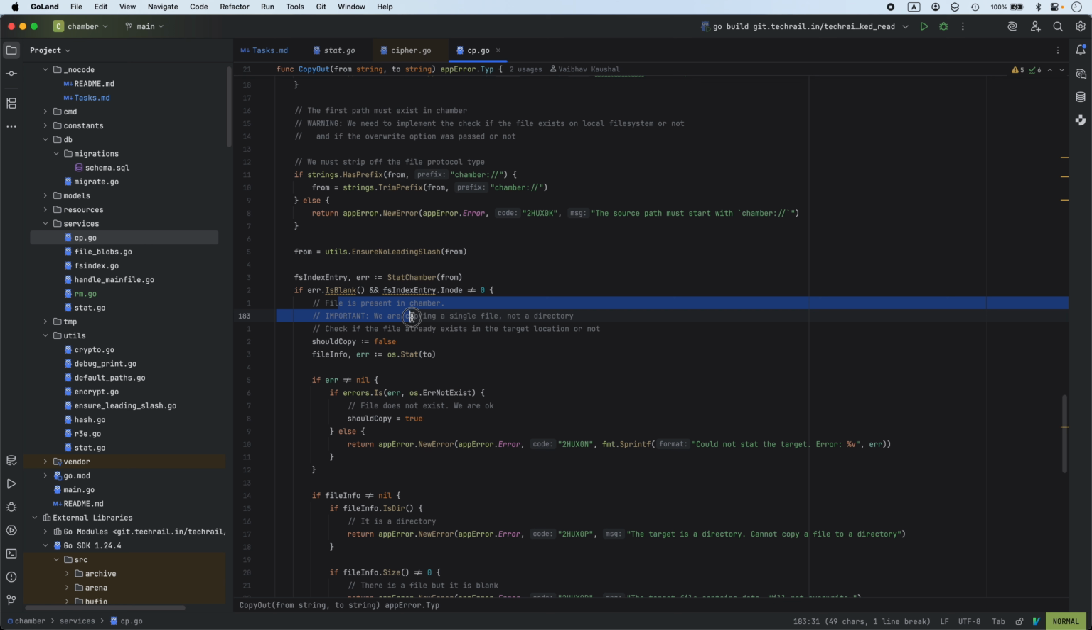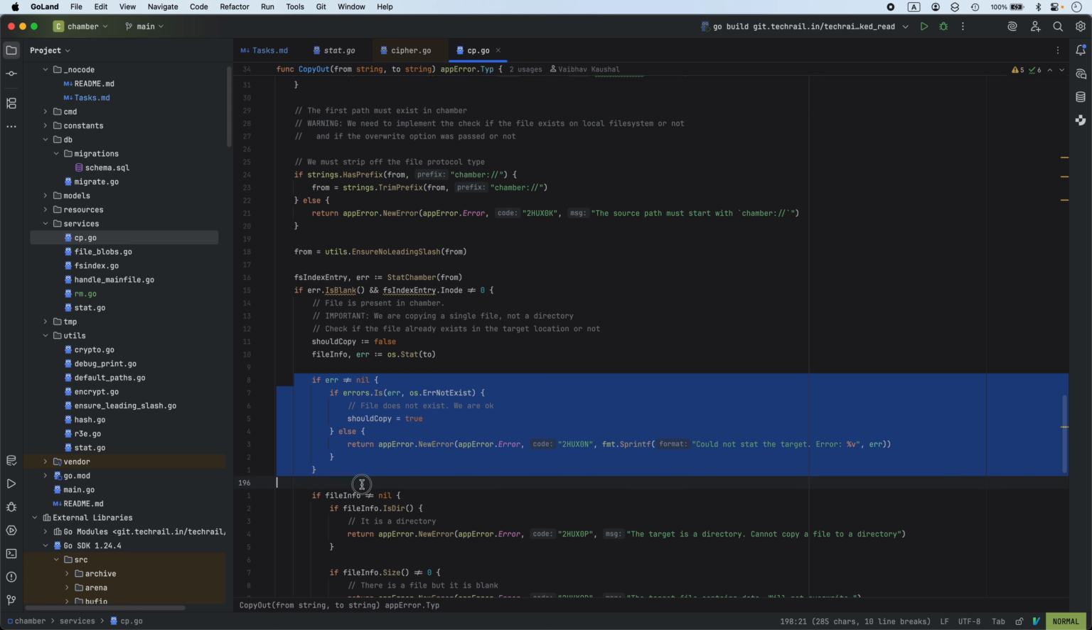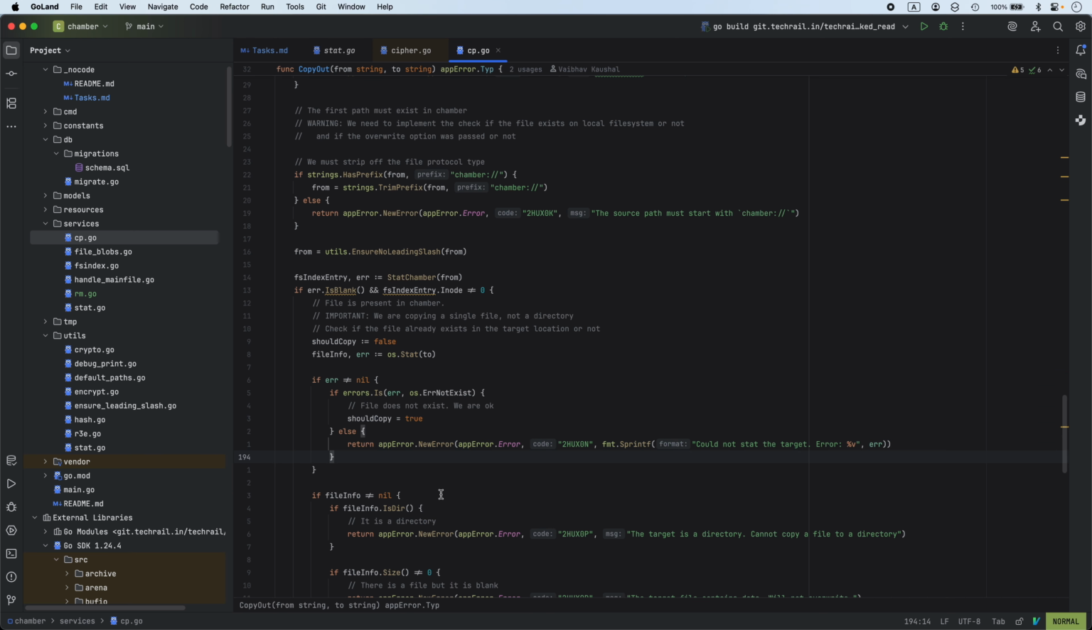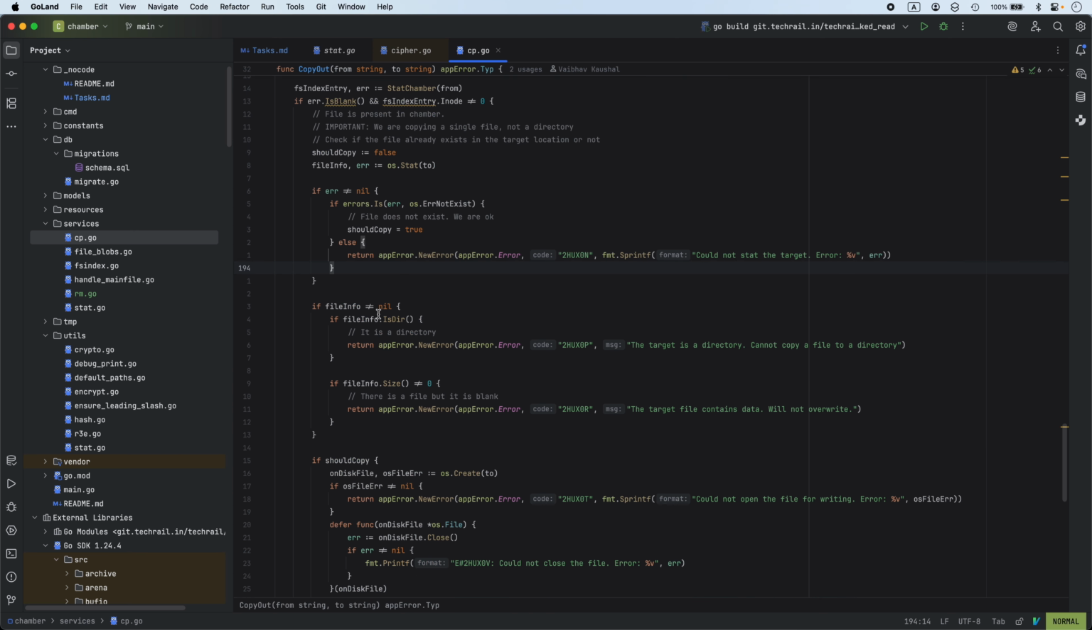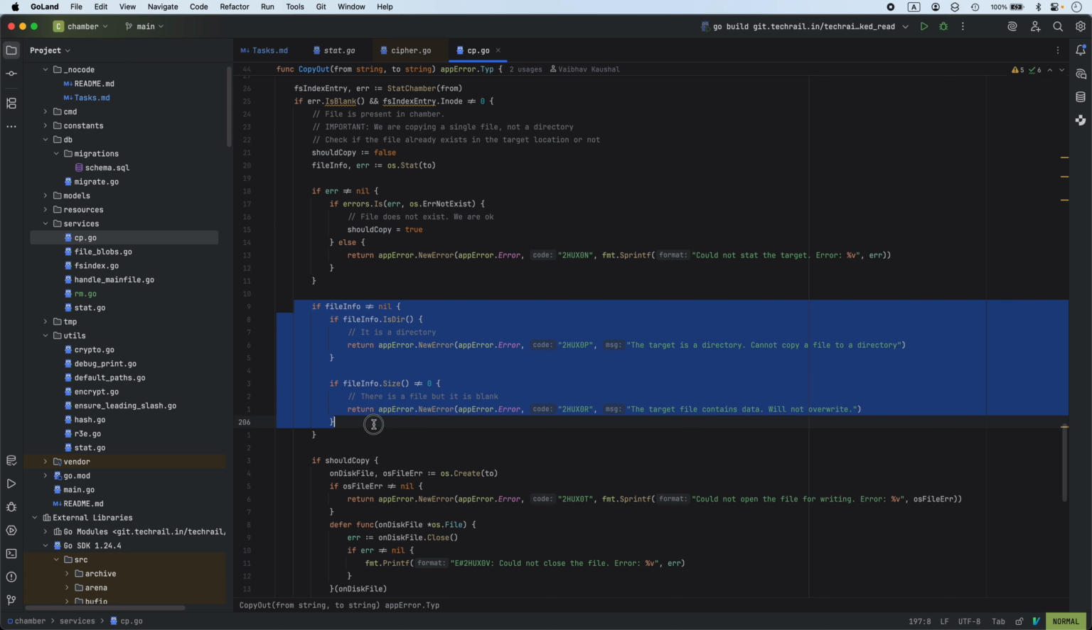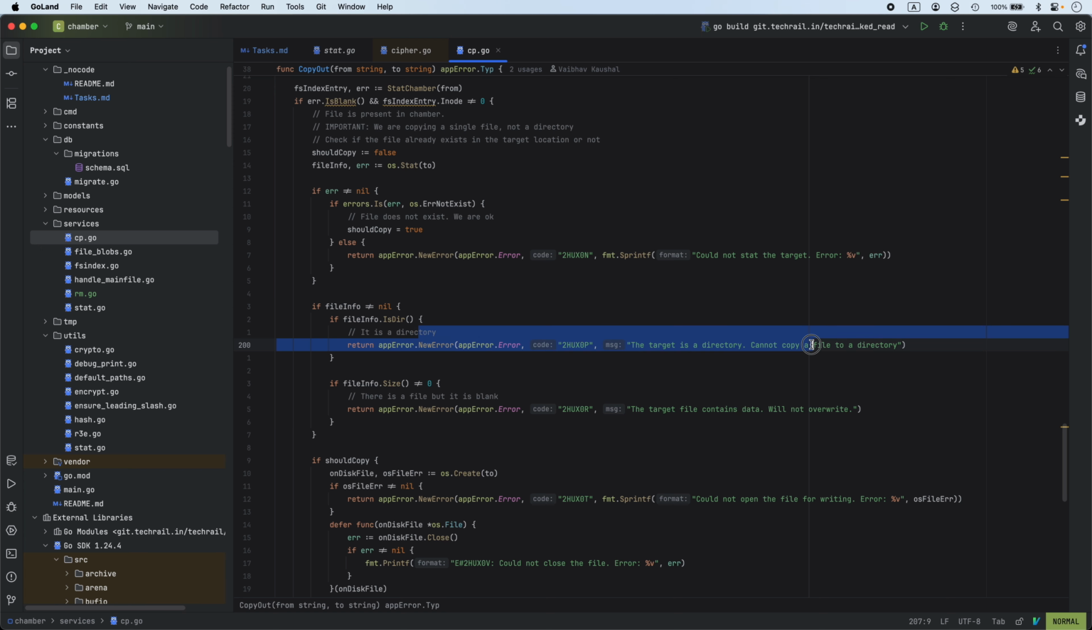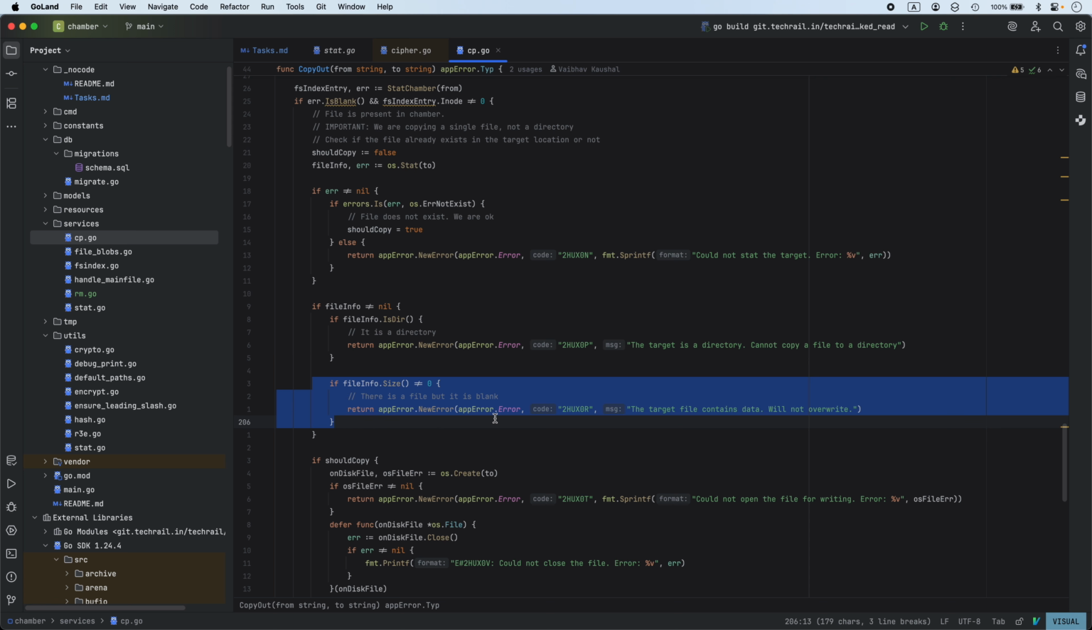File is present. We are going to copy a single file, not a directory. So should we copy? No. File info, I'm getting the file info. If there is an error, get out of this function. If the file info is not nil but it is a directory, we are not doing a directory copy yet. We will handle that later. If it is a blank file, sorry, no data,